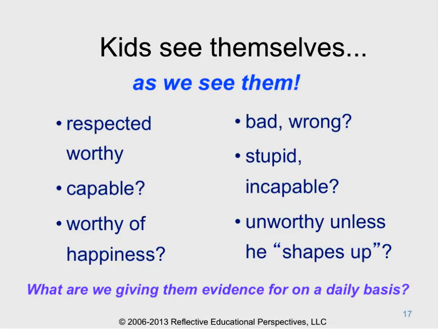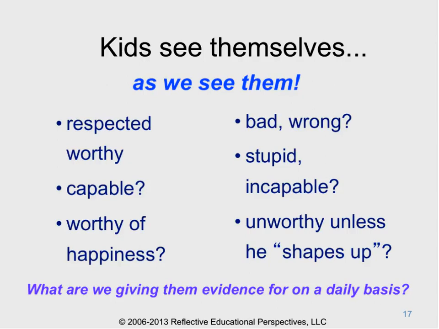So kids see themselves as we see them. So how do we see them? Do we see them as respected, worthy, that they're capable? Or do we see them as bad and wrong, stupid, incapable? Now, I know that we wouldn't use these words, although I've heard teachers actually tell students these things. But as parents, as homeschoolers, I'm thinking that we wouldn't actually say to our child, you're stupid. But it's the message, the nonverbal message